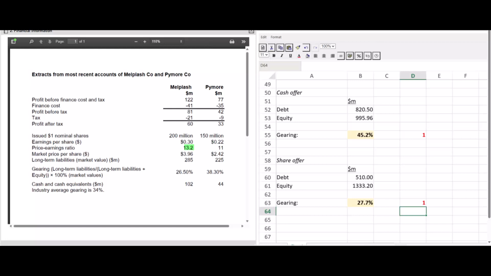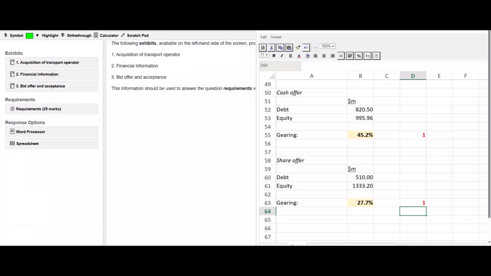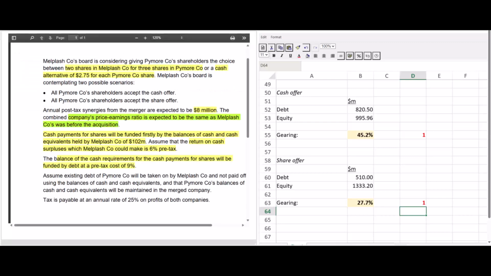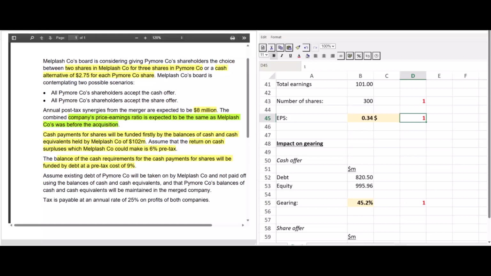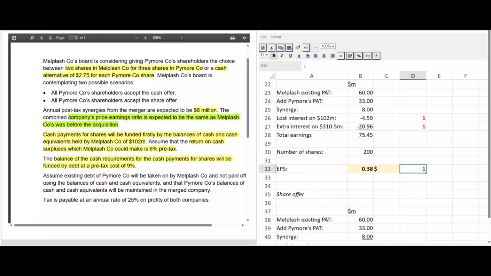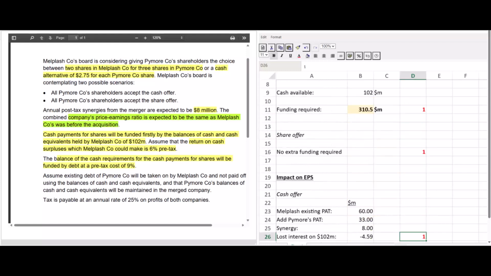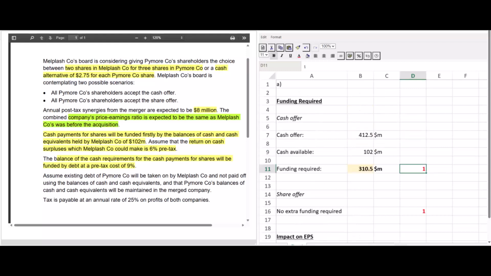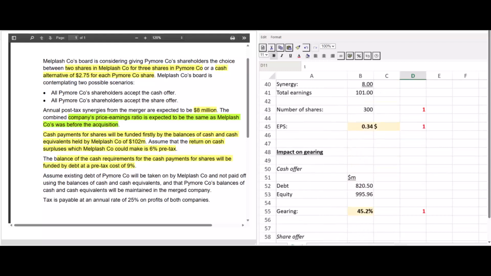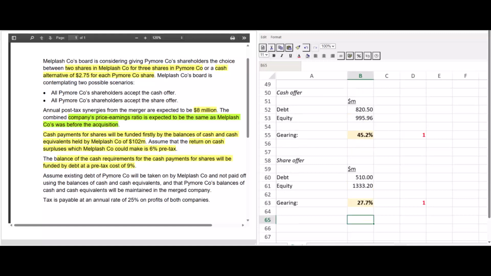And again, the more questions you do, the more you'll see things like this and you'll practice and you'll think, oh, okay, I know what I need to do now. The main thing is just staying calm, looking at the information you've been given and think, right, what can I do with that? Why have they told me this? How could I logically work that out? And work your way through it and you'll pick up marks. As you can see, we're just picking up all these marks just for doing these little calculations. And again, even if your numbers aren't perfect, you'll still get your own figure rule marks. So just keep going through, picking up those marks, and you'll pick up loads of credit along the way.